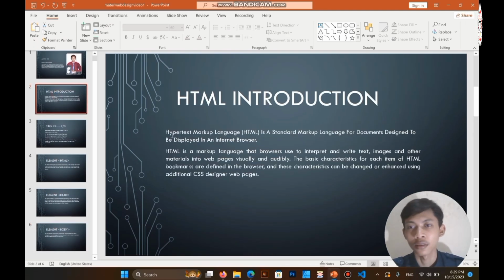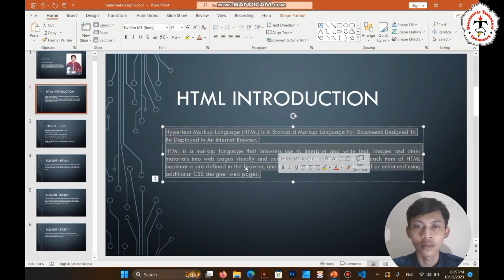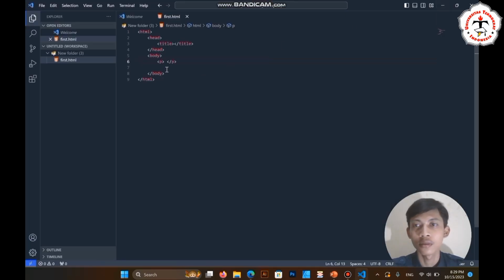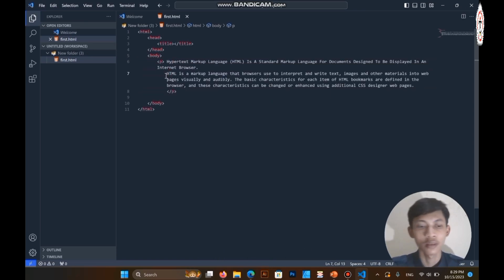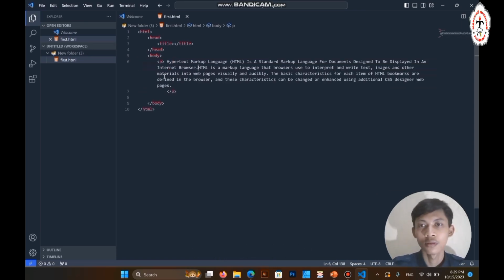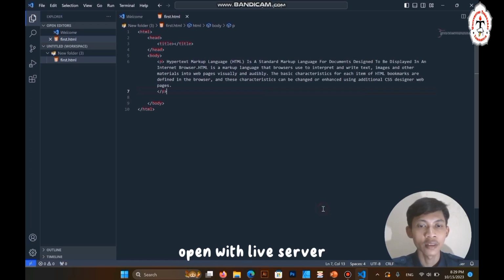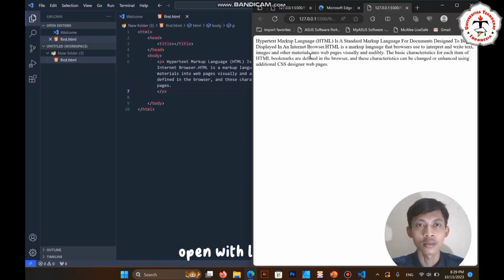Okay, copy and paste in here. Like this. Open with live server. Like this, and this is the hypertext markup language output.